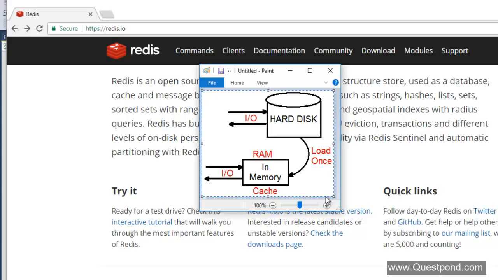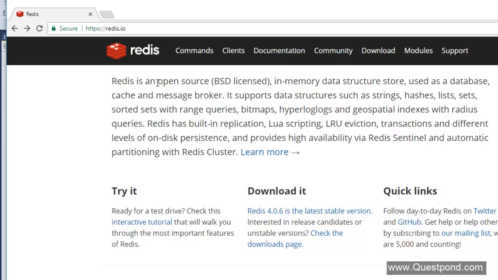So if you have data which is static in nature, for example, country master, state master, configuration data, what you can do is read this static data once into a cache, into the RAM, into your in-memory, and then do operations from that in-memory. With that, the input and output which you're doing on your physical hard disk is minimized. And by doing so, your performance increases, right? So this Redis is nothing but an open source in-memory cache.